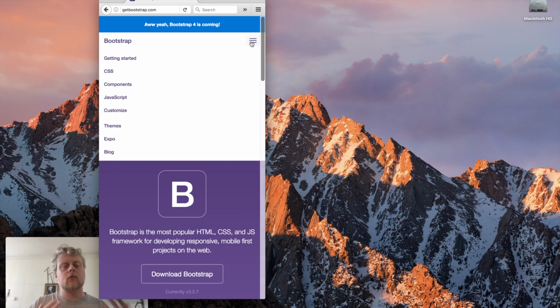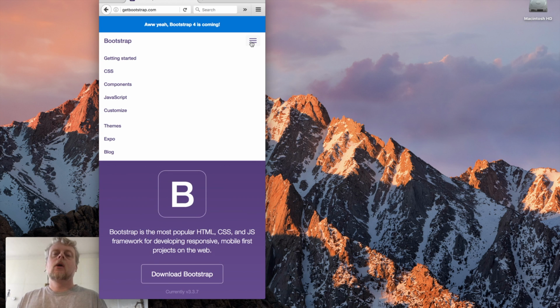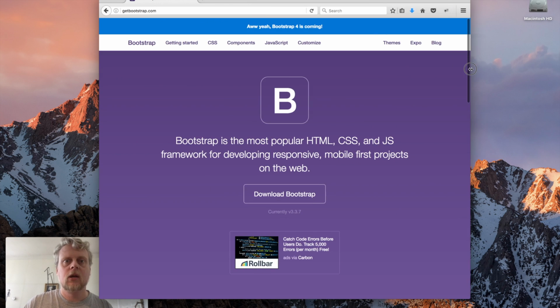So instead of making two websites for a mobile and desktop, you can make one website and it accesses different JavaScript and different CSS to change the design of the interface. Okay, so